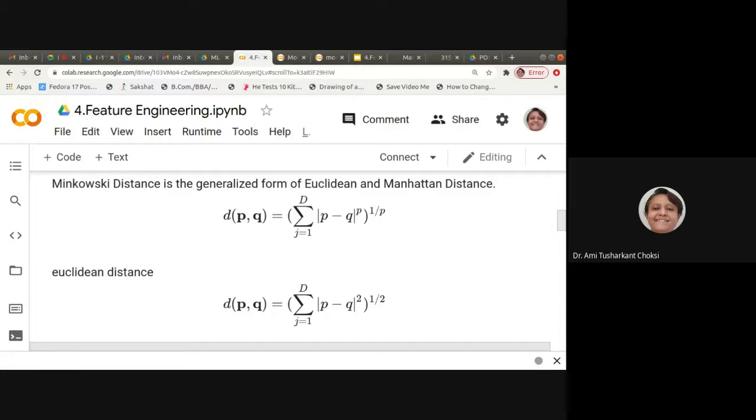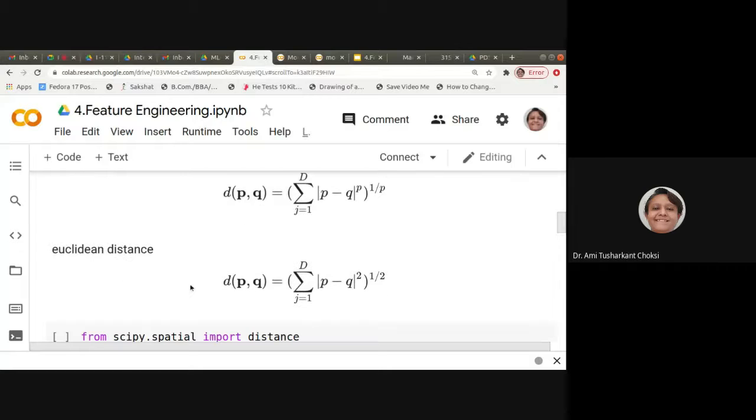But for Minkowski distance, we raise it to P and the whole is raised to 1 by P, that is, we have to take the P-th root. For Euclidean distance, from this equation we can say it is (P minus Q) whole square and raised to 1 by 2, that is, we take the square root.